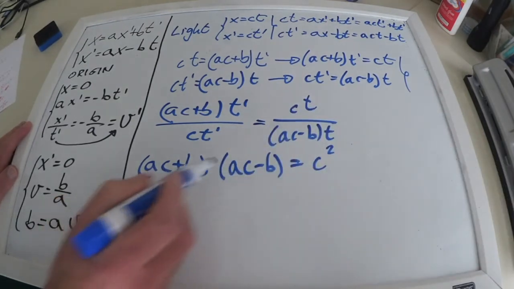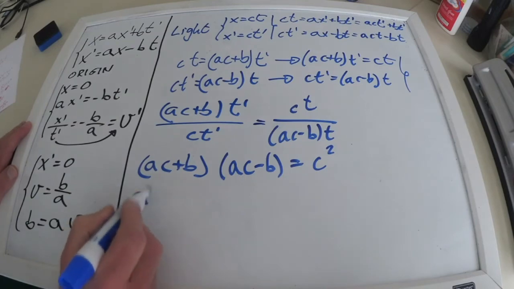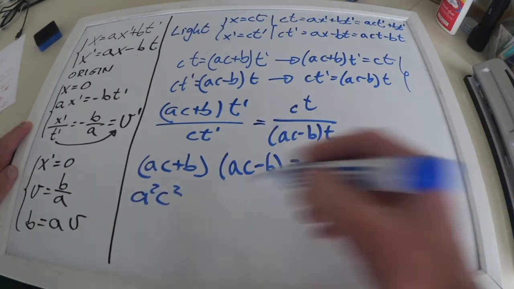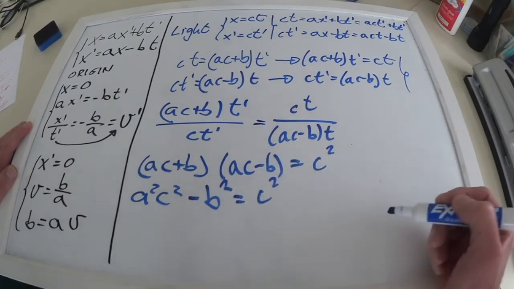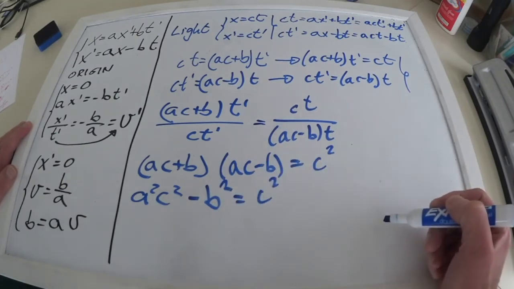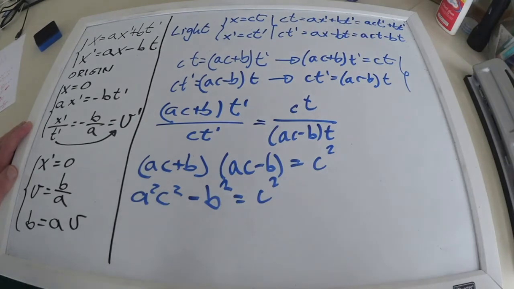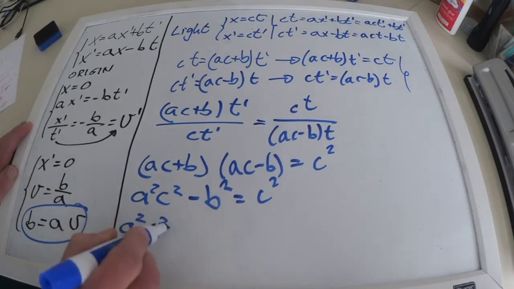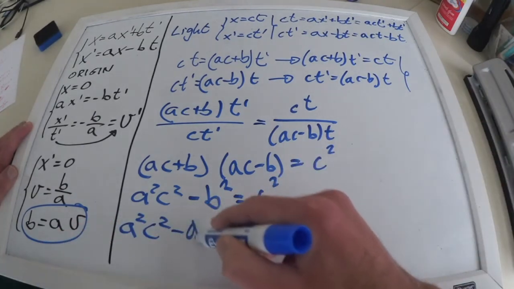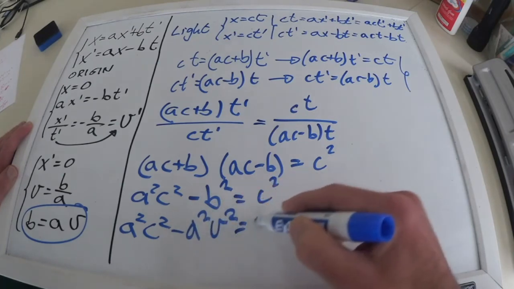This is a well-known identity that can be written as a squared c squared minus b squared is equal to c squared. I have a relationship between the speed of light and the parameters I am looking for. So I am on the right path. Now let's go back to the results we found a few minutes ago and substitute back here and get that a squared c squared minus a squared v squared is equal to c squared. I solve for a,